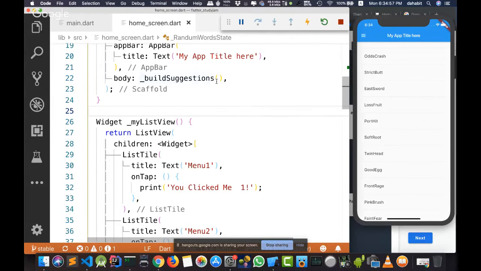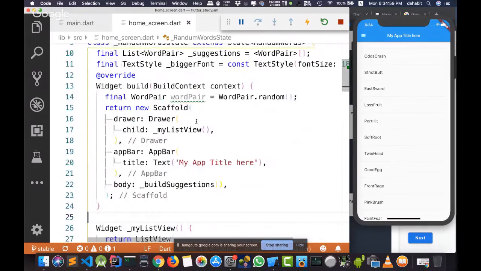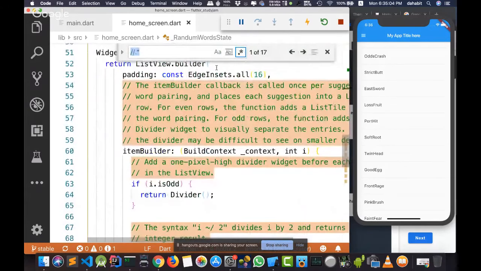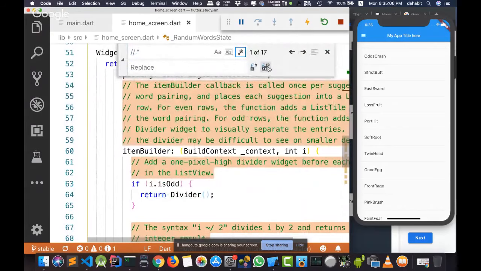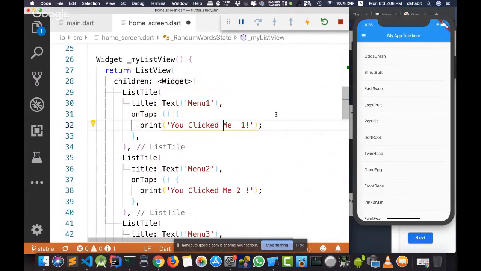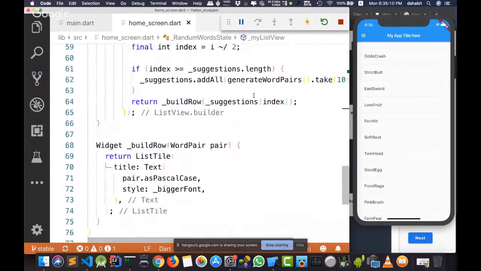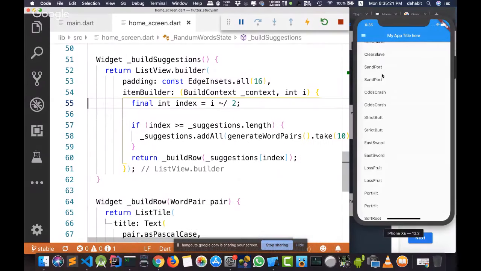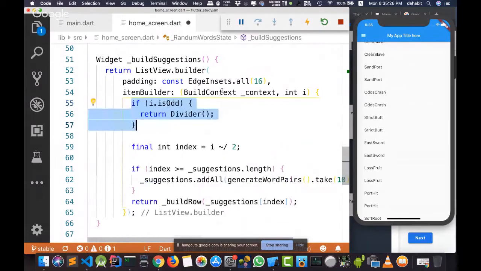And as you can see here, there is a lot of code. Maybe you can remove some of it. For example, let me remove first these comments, to make our code smaller. Here we are checking if it is an odd number, and I am putting this line, this divider. If I remove this code, as we can see here, our UI will only change slightly, but this is not very important. We can leave it or we can remove it.